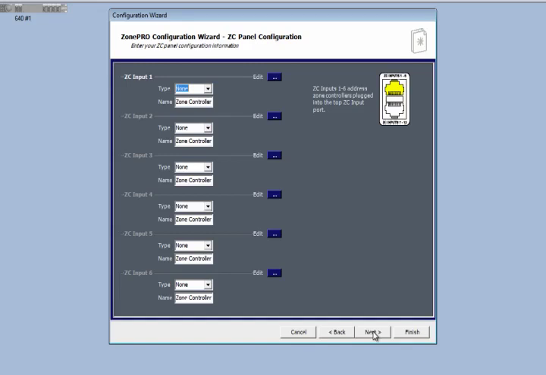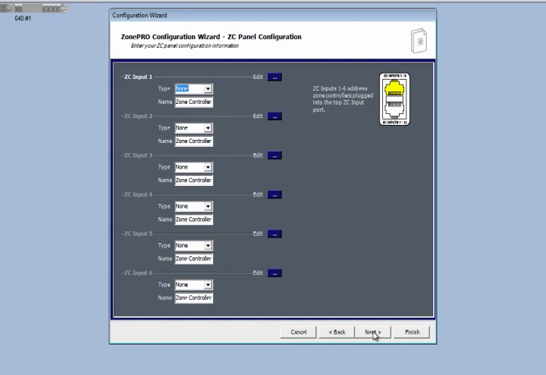All ZonePRO devices may use up to 12 controllers at the same time. The zone controller types may be found in the Type drop-down menu. Note that only one volume and one source controller may be used for an output zone. This page allows you to select the first 6 controllers needed for the install. In this example, we will only need 2 controllers, which will be used to control the sales floor source and